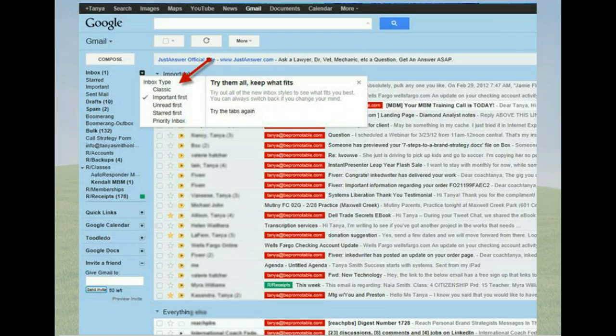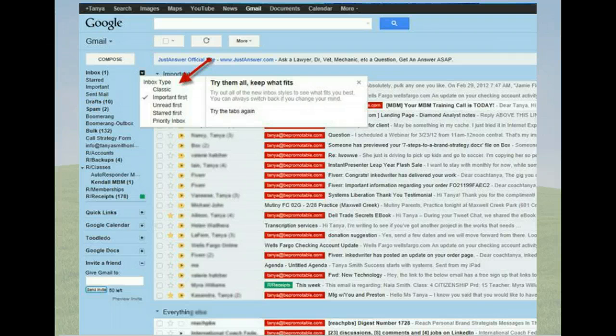But priority inbox and important first are different in that your priority inbox will always show unread important messages at the top, whereas important first may show items that you consider important, some of which may have been read already and others not, and then it files anything else in your inbox at the bottom of the screen. So you see I have two different sections there.